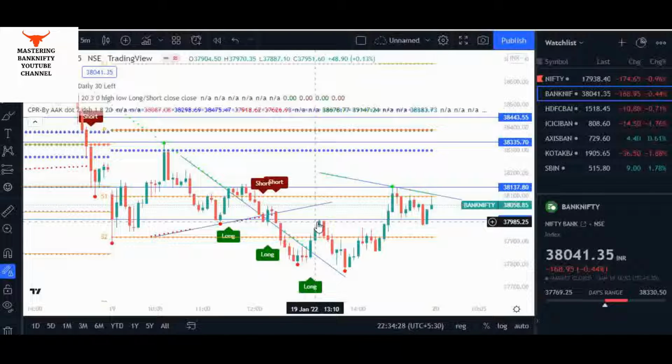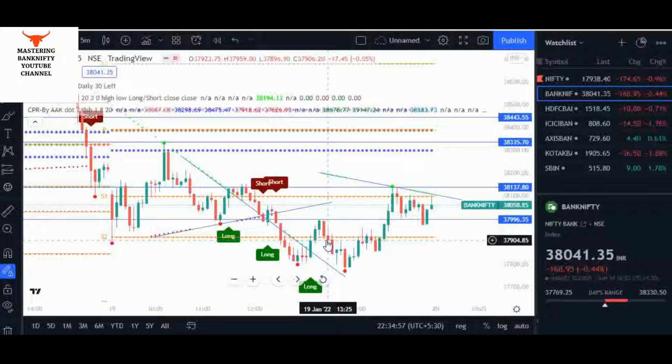So I do not prefer to enter here, because in the retest, if you can say it's a W, it is kind of a retest, should retest and go up. Again, you should wait for the retest, but as long as you saw that this candle has broken this support level, you should not enter into